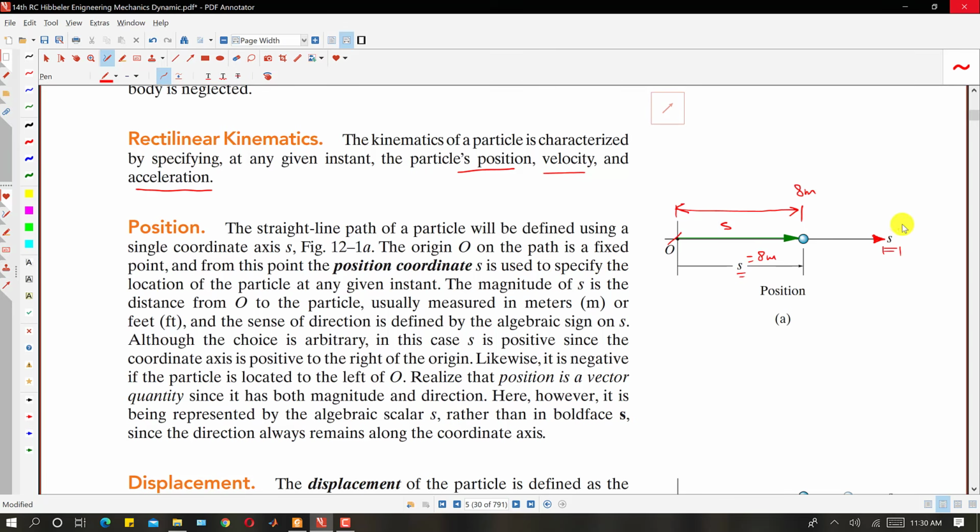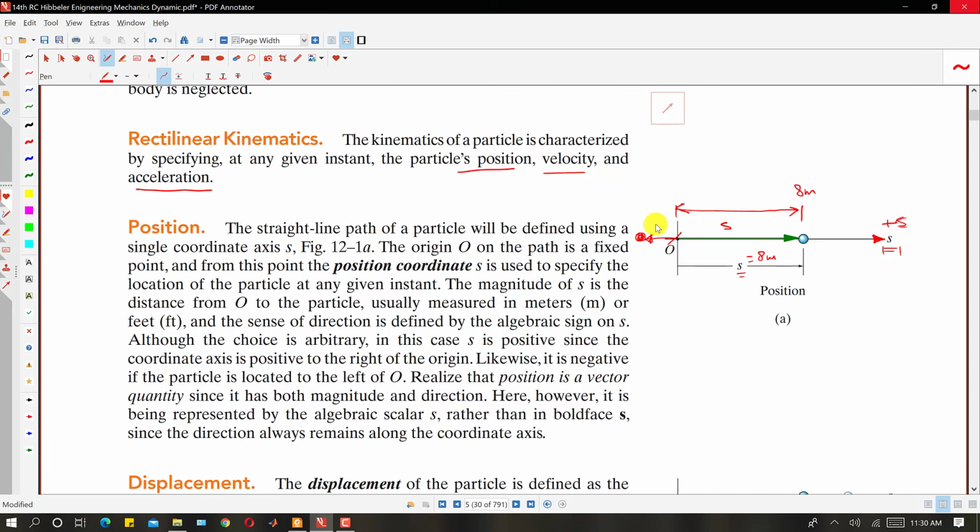And let's say that this side is positive S. When the body is moving towards the right, the position could be considered as positive. As we can see, we have drawn this arrow, so this means that position is a vector quantity. It has a magnitude and it has a direction. If this body was located somewhere here, on the left, then its position could be represented by this arrow, and this is the origin.